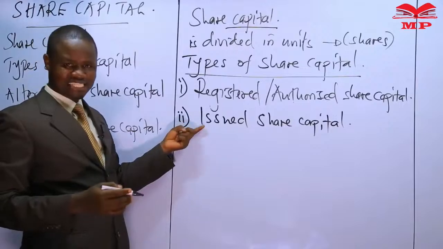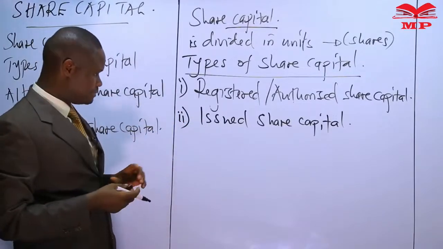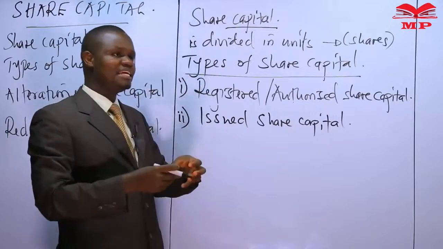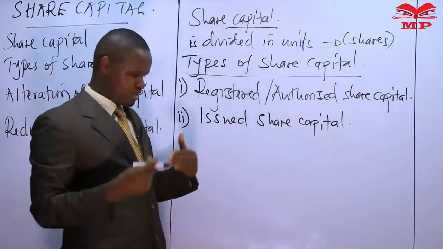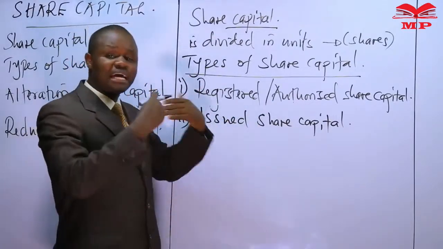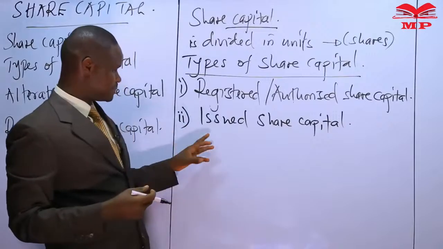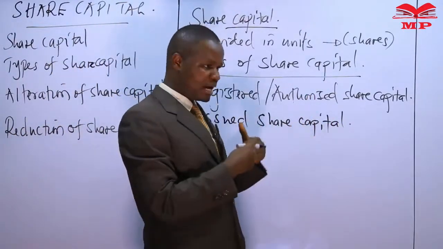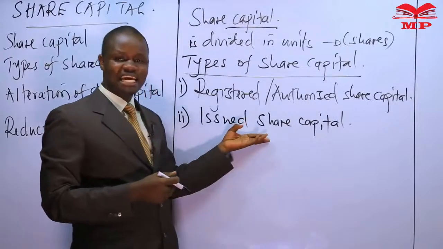This is also known as the allotted share capital. It is the share capital that the company has issued to the members. It is the subscribed share capital of the company. It is the amount of shares that members have taken up from the company and they have undertaken to give